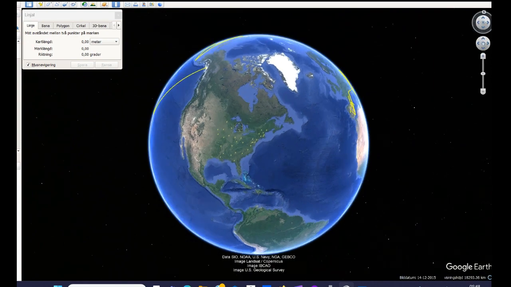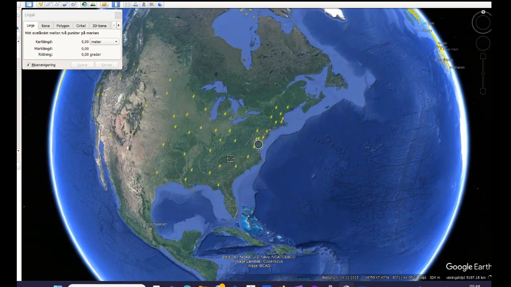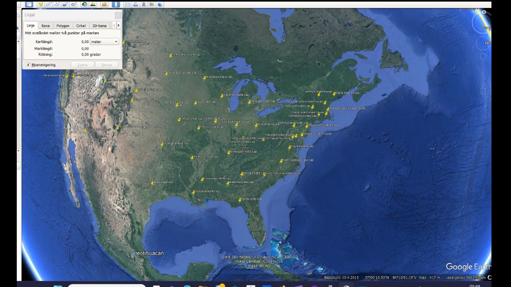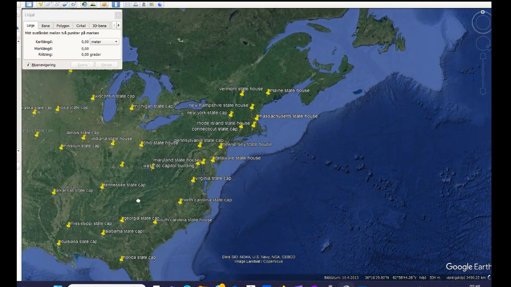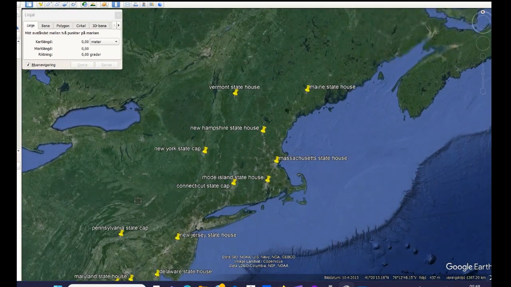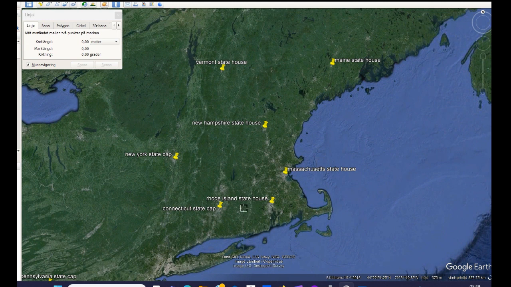And going forward in time, as far as I've come, the final category of buildings where I've found this pattern ordering those buildings: here we have the example of government buildings, state capitol buildings in North America, the United States. They are also ordered by this pattern. For example, if you measure between government buildings or state capitol buildings here in New England, you commonly find that the ratio between the kilometer and the mile orders the exact location of these buildings when you compare